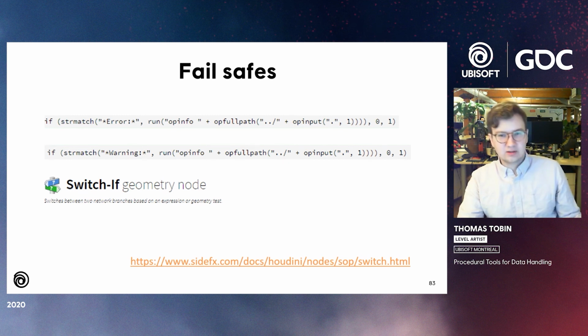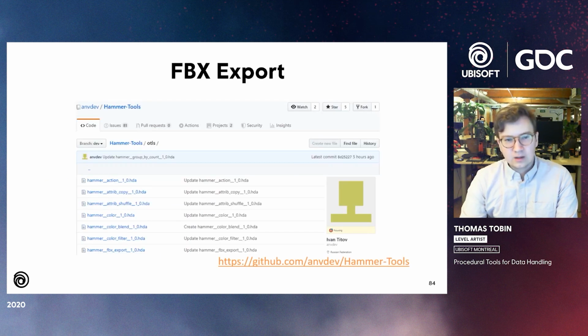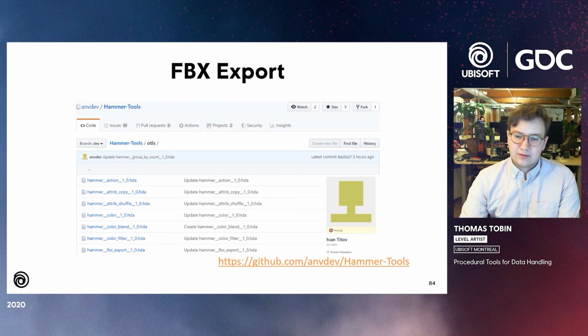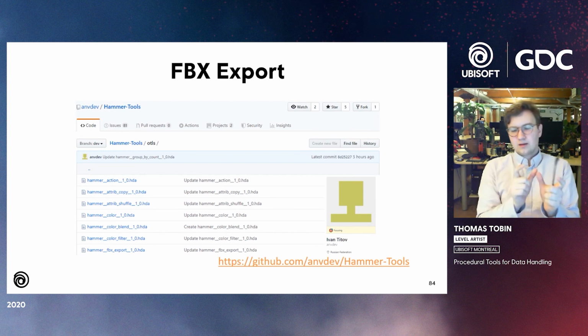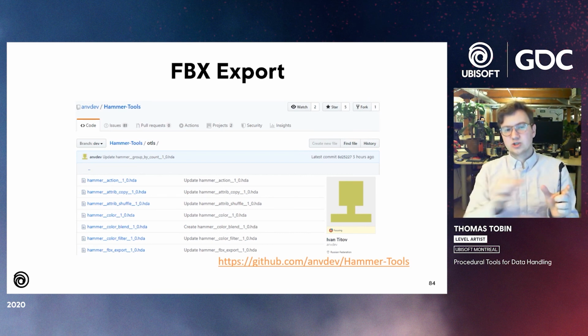The final thing I wanted to look at for the LODs was FBX exporting. There's a tool called Hammer Tools, and you can find the GitHub by this link online, and it allows you to determine if the pieces are named. For example, if we have LOD1 named LOD1, LOD2 named LOD2, and so on, the tool can actually just sort by name. When you hit export, it will create its own subnet,